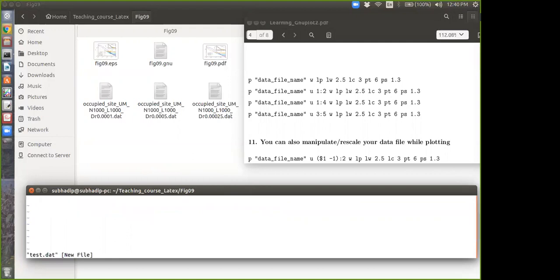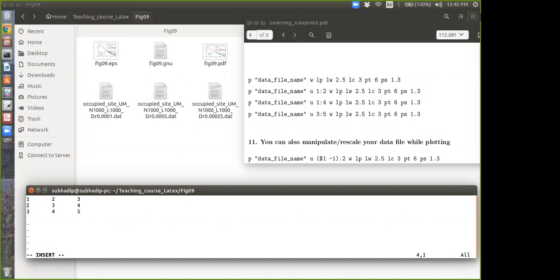I will generate one. So 1 tab 2 tab 3. Okay. So 2 tab 3 tab 4. 3 tab 4 tab 5.